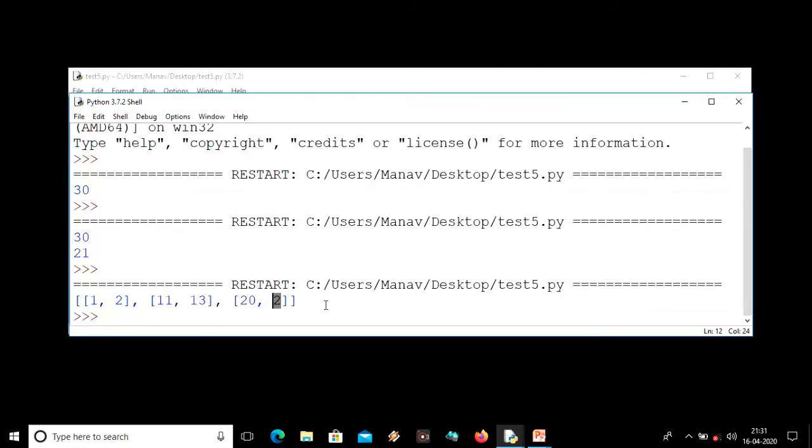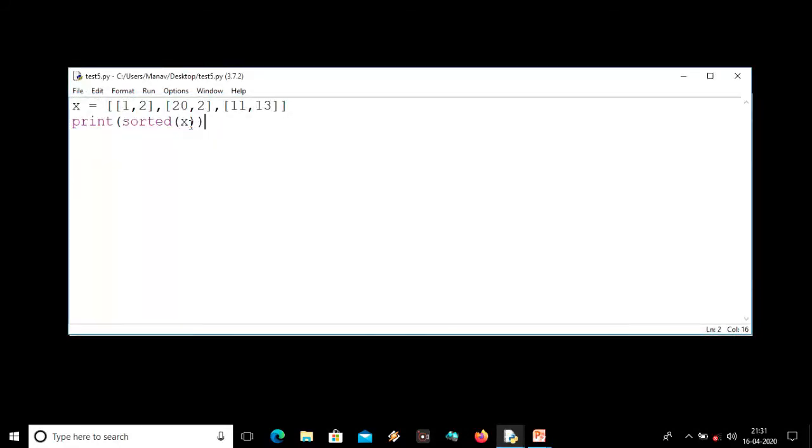Let us suppose we want to sort these with the second values. So we'll use another thing that is called key. Key is another argument in the sorted method. So we'll use key, and under key we'll pass a lambda expression.